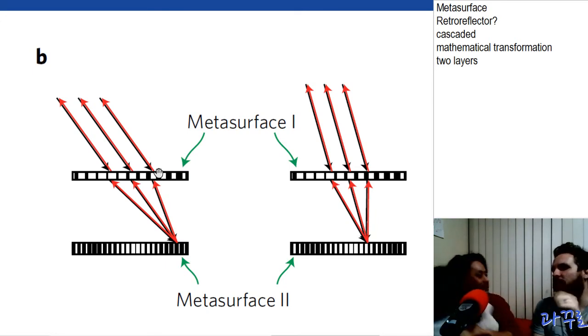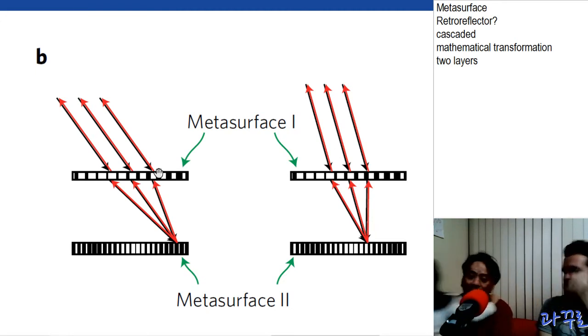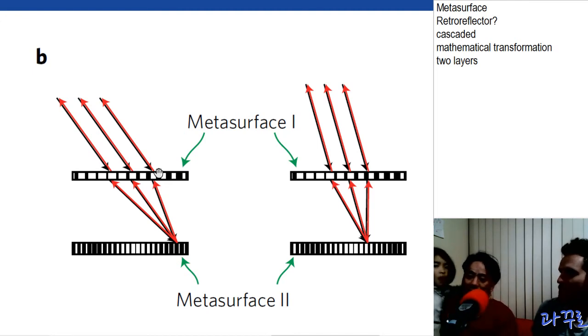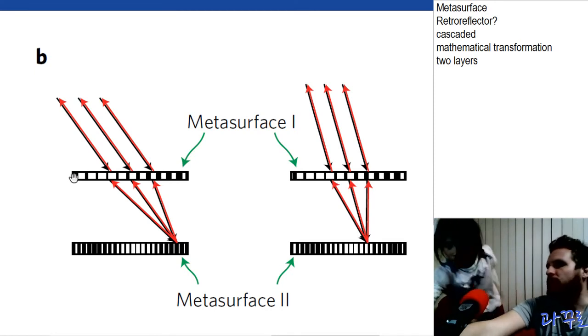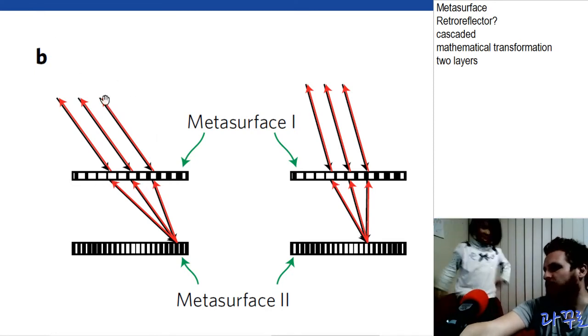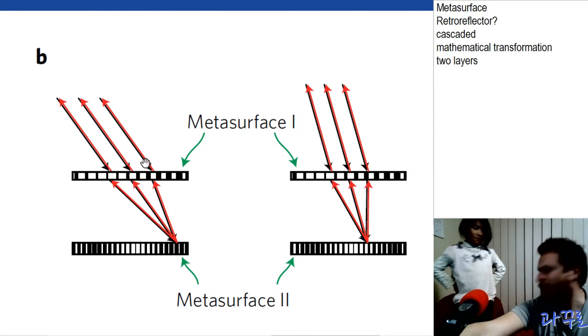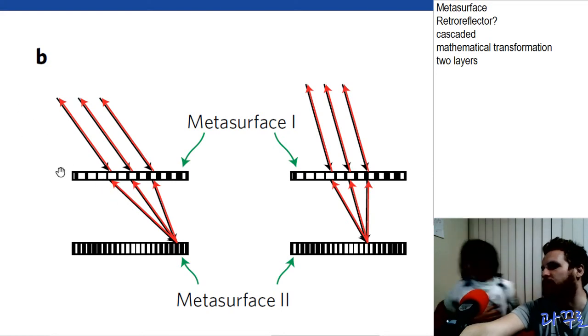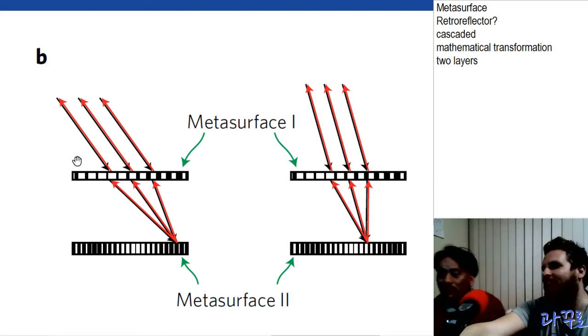I think Metasurface 2 is the gradient Metasurface, and Metasurface 1 is the Fourier transform Metasurface. But what may actually happen is this beam comes in, it passes through, and then it may reflect out to here, but then come back out with the same angle. And this one here might come in and come to a different point, come out here,